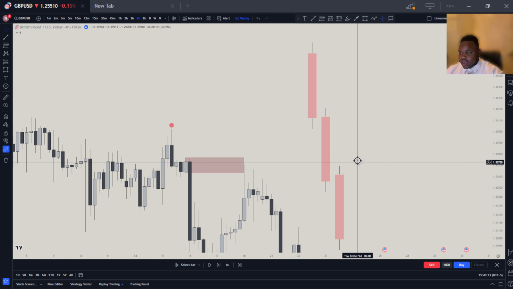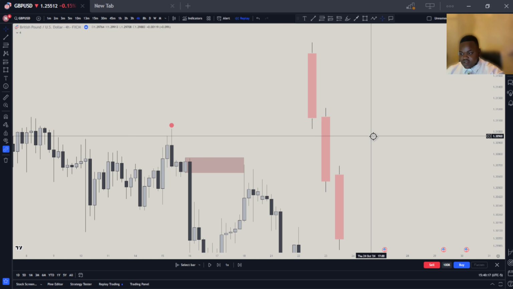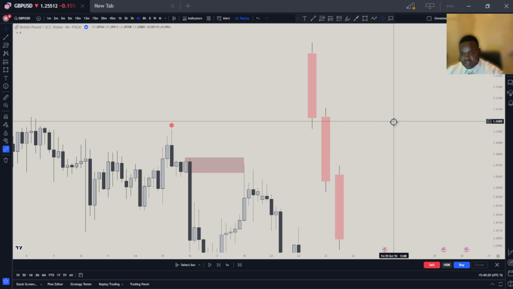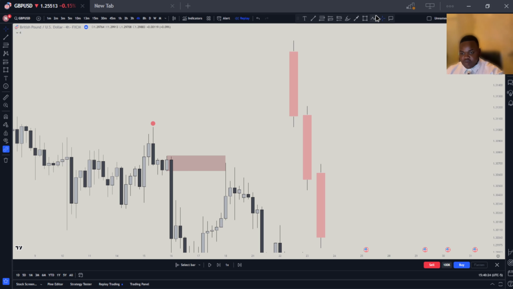Like I said, an imbalance is an area which illustrates one type of collective order that is taking place at that time. For example, when the market is trending down, a bearish imbalance would look something like this, where you will see